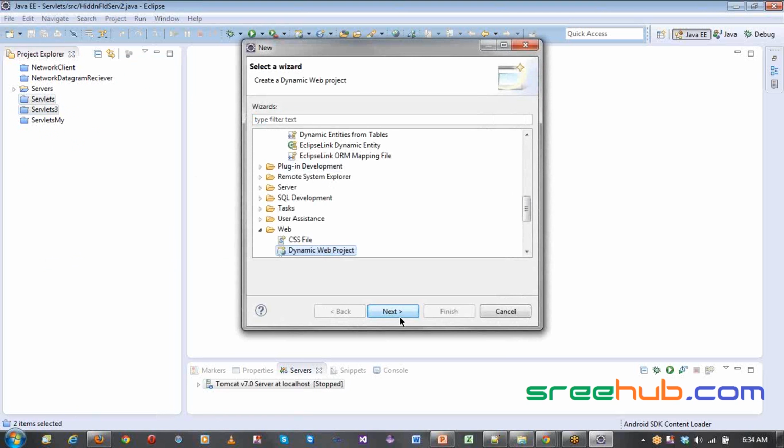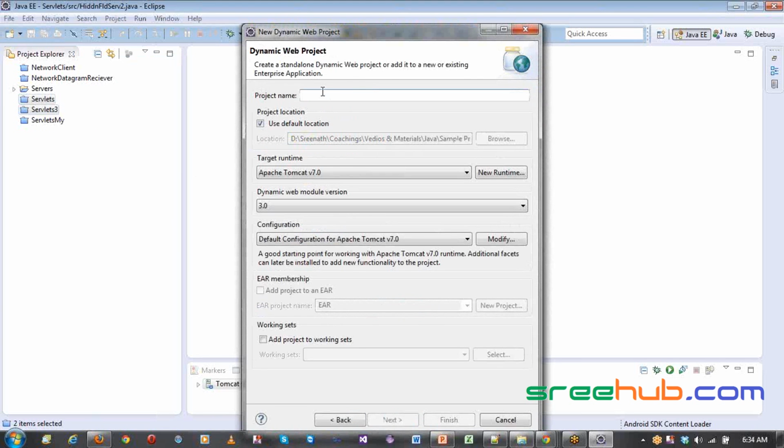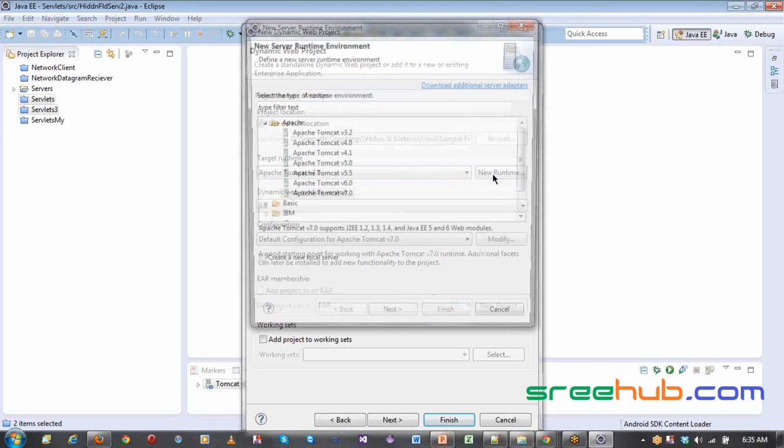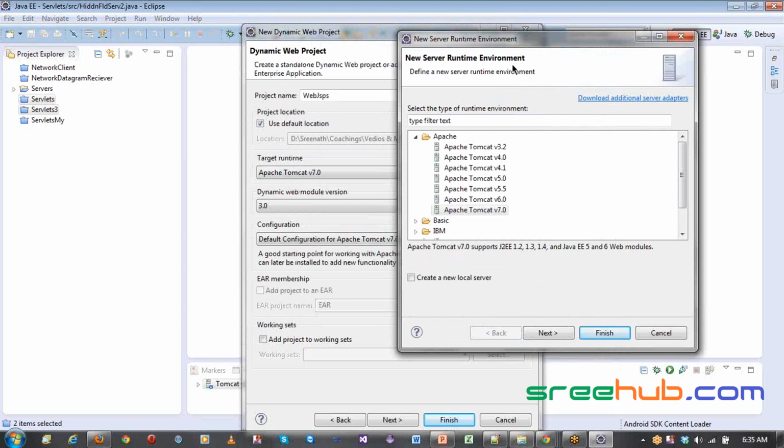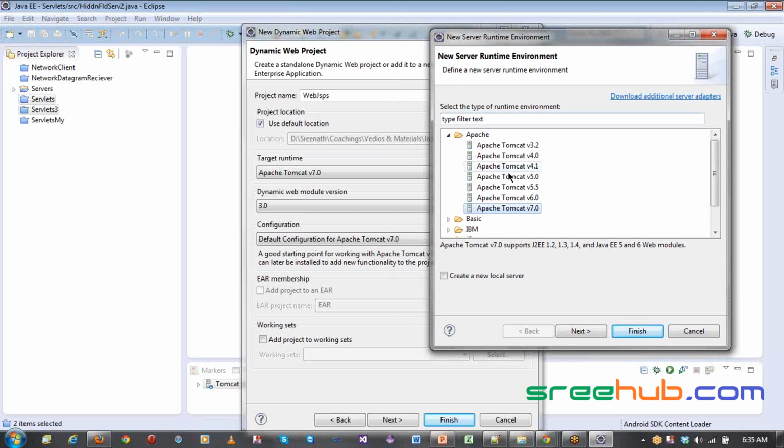So let us create a dynamic web project, and again this will follow. Let us say, writing web JSPs, something, I'm just giving some name. You already have this server with you, which is Tomcat. But if you want, you can select the corresponding web server, whatever you want, right? And if you want to create a new server, as I said in the previous slide, you